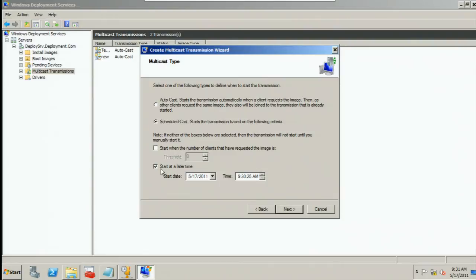But when you do a scheduled cast, you can't have clients come in midstream and get the image. They will not get the image unless they started when everybody else did. So there's a difference between autocast and scheduled cast. That's one way to create